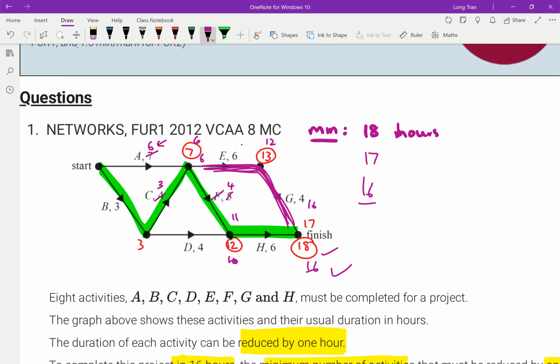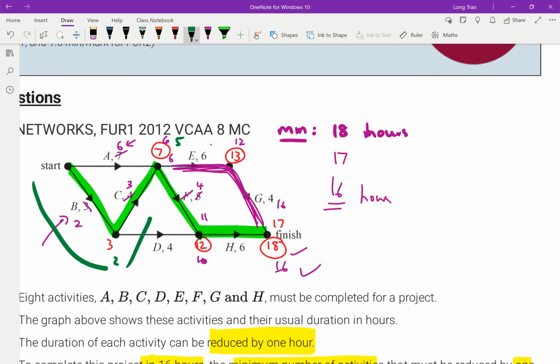hours I've reached. Now you might be questioning, why didn't I change B? Because if I change B down to 2, what this changes is that this now becomes 2 plus 3. 2 is here, and then 2 plus the 4 gives me 6, right? 2 plus the 3 gives me 5, and that's a problem, because if this is a bit hard to describe, but